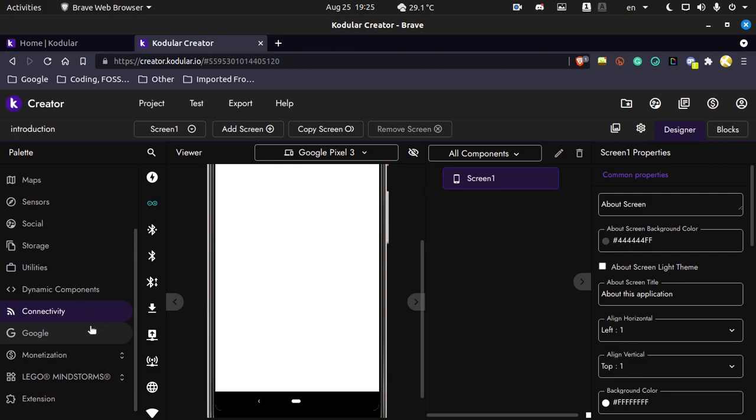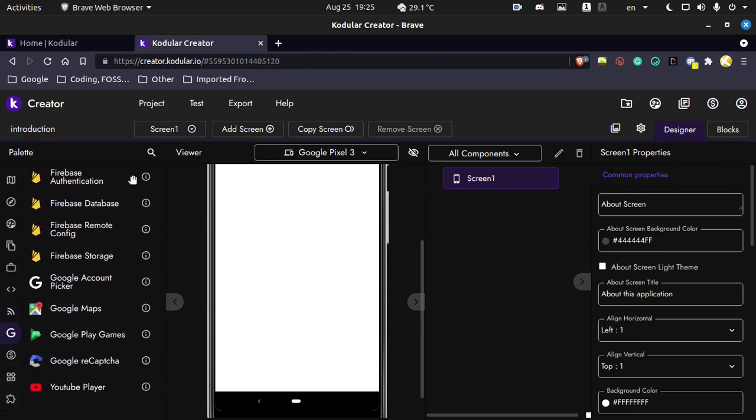Then you have Google. So in Google, you have all the Google features. See, Firebase authentication. Firebase is a big one. So what is Firebase? Firebase is the same as Cloudinary. It's an online database platform made by Google. It's completely free. Then you have Google Account Picker. This can be used if you want to store the data of the user of the app in the online platform on his Google account. So if you use this and the user downloads the app in one phone, save the progress using Google account, and then you can sign in on another phone to use it there also.